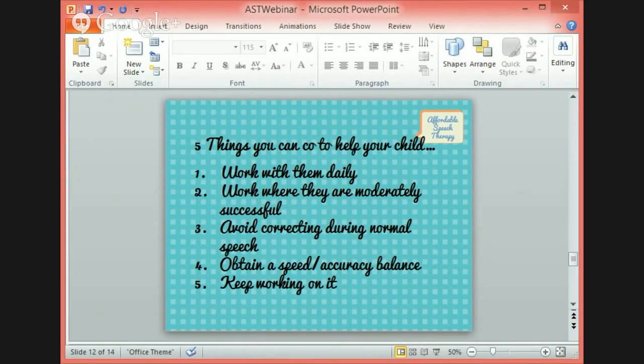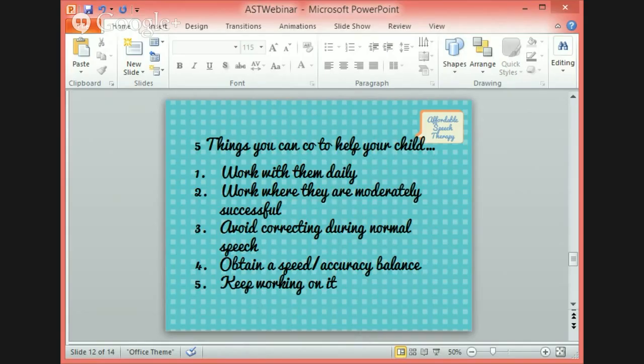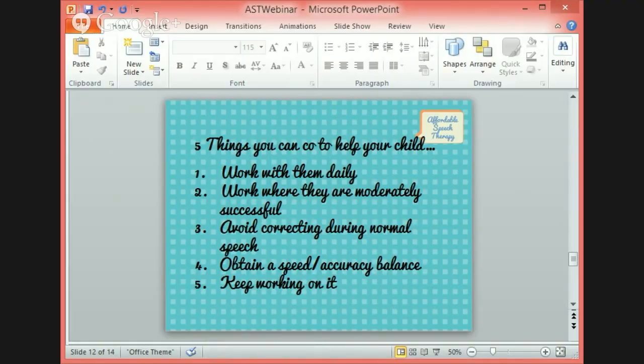Work where they're moderately successful, and this is key. As a rule, if a child is starting to get it wrong and they're struggling, and you find that you're correcting them 2, 3 times, you've got to stop. You've got to back up. You have to reconnect with the accuracy. I spend the bulk of my time, and this is the key to doing high repetition therapy, focusing on what they can do, but doing it a little bit smoother, a little bit quicker, a little bit faster. So there are lots of repetitions going on, but it's stuff that's easy for them to do. You're just pushing the speed a bit.